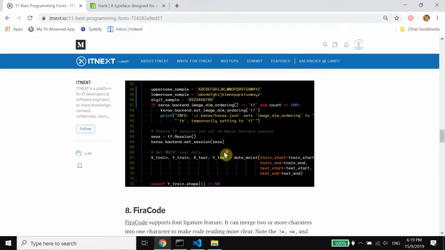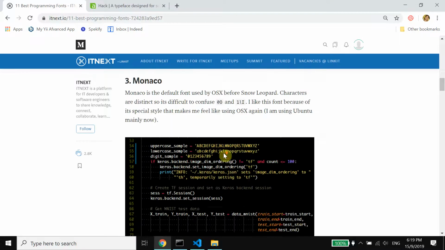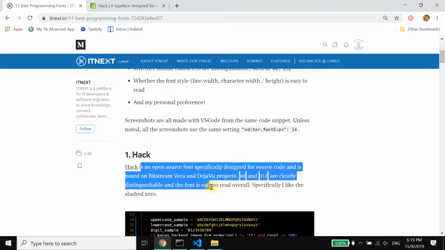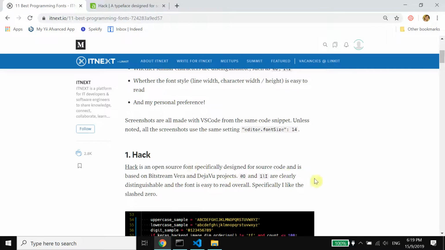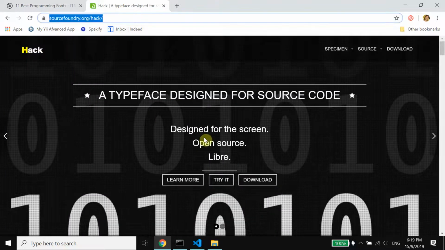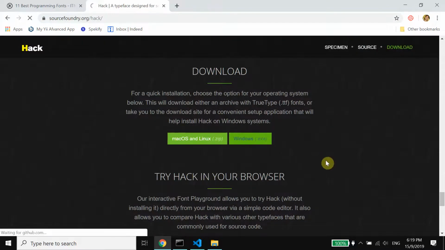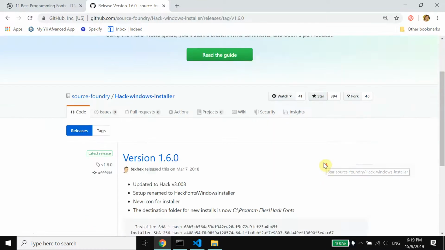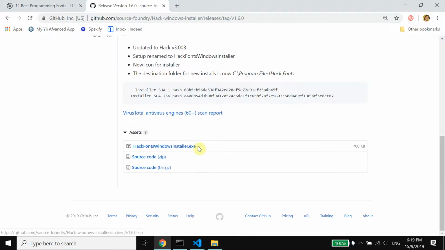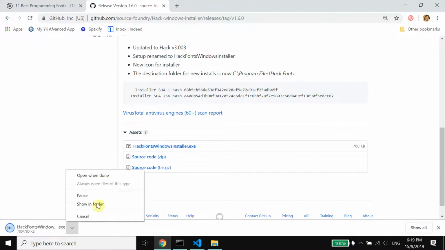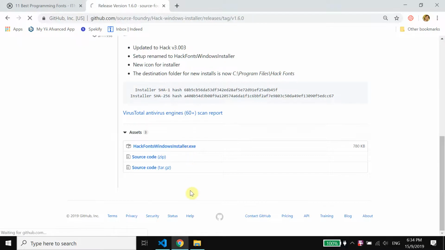I currently was on Menlo, but I am going to show you how to use this font. This is an open source font specifically designed for source code, and so just googling this font, I come across this link, and I can just click on download, and it's downloading this font for Windows now, and it's on GitHub. So why don't I download the exe file for this Hack font installer? So I'm downloading this font via its installer,